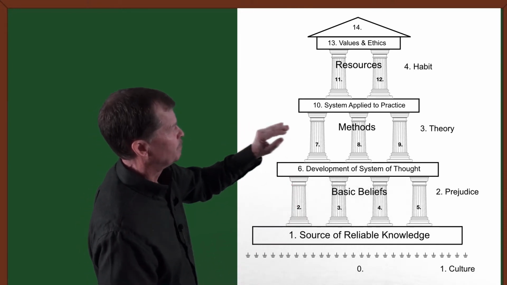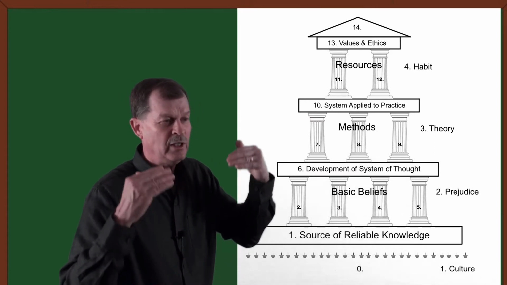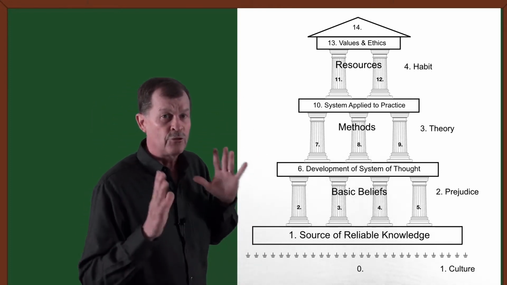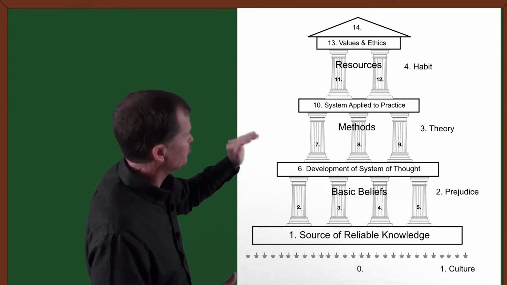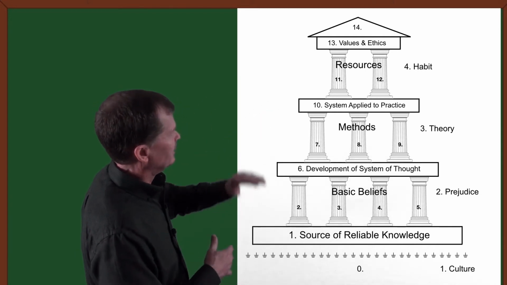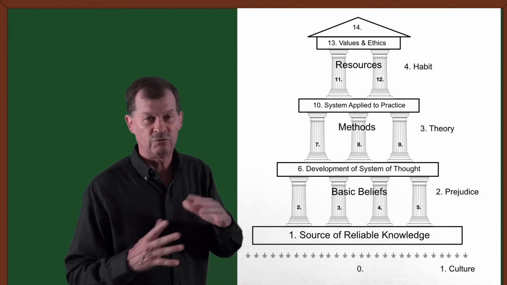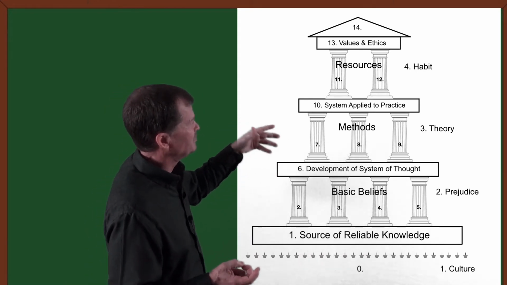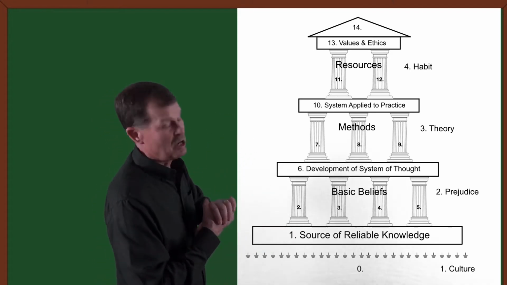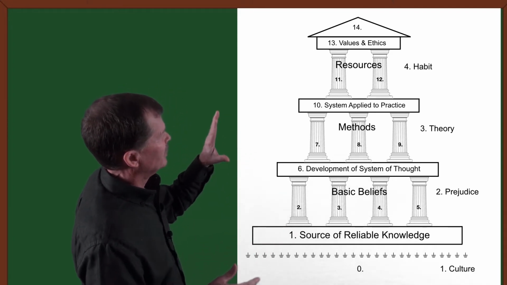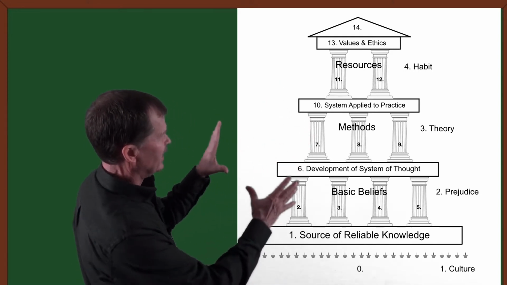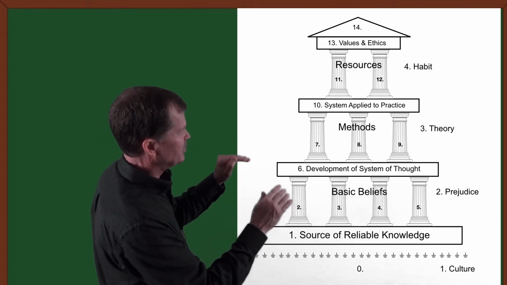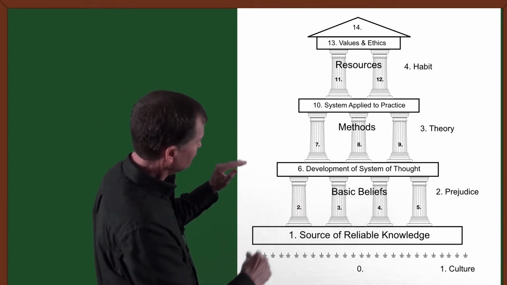Then we go into the prejudice part, which is the Weltbild and how we then look out at the world. So we have a world picture, then we have a worldview. We view the world through our reliable source of knowledge, through our culture, and our basic beliefs, and then our methods. So basically, this house diagram is a flow chart of how philosophy operates through metaphysics, epistemology, and then up through axiology on the top. So what we have is Stephen Jay Gould's culture, identifying that as the Weltbild, the bottom, the subconscious influencing factors that give us a foundation, or the ground to build on, and then our source